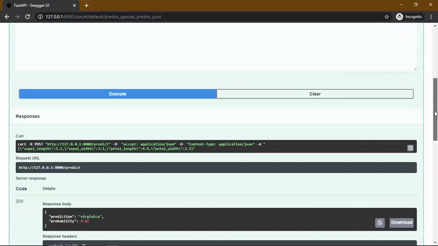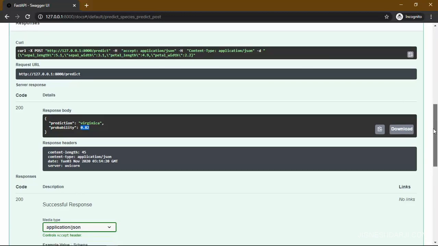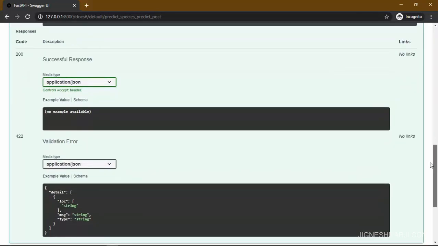When we execute this sample data, we can see it finds the prediction and probability for that particular record. You can check whether the prediction and probability are correct or not based on the CSV records.